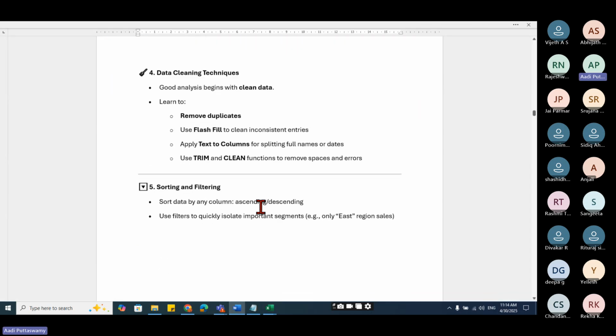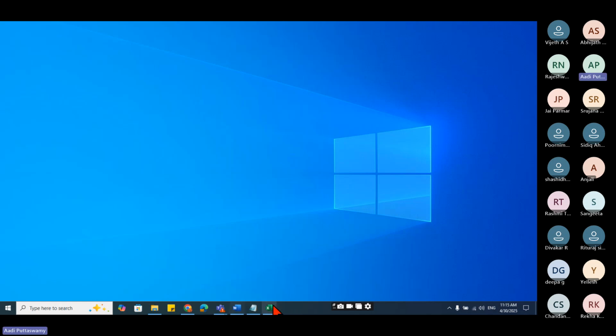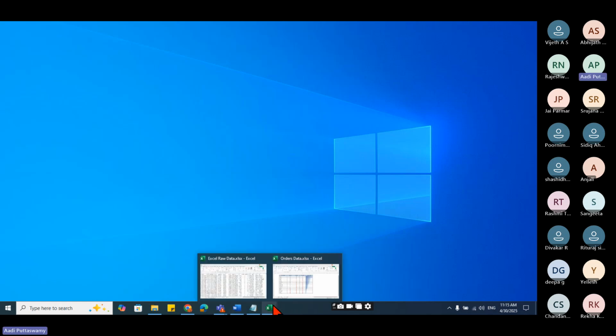Data cleaning techniques. There are so many data cleaning techniques actually. Anyways, data cleaning, I have a separate chapter itself. Here, I'll just show you some examples. But data cleaning is not only removing duplicates or cleaning the spaces.